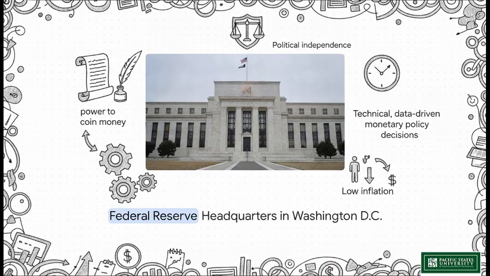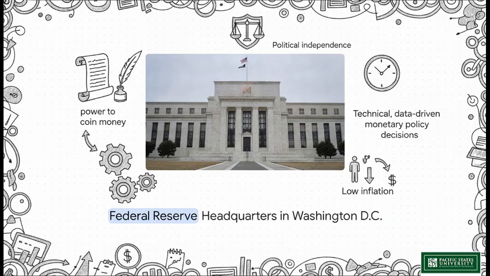Behind the heavy doors of the Marriner S. Eccles headquarters in Washington, D.C., which you can see right here on the slide, some of the world's absolute most influential economic decisions are made. To truly understand this immense power, we actually have to look all the way back to the foundation of the country. Article 1, Section 8 of the U.S. Constitution specifically gives Congress the power to coin money and to regulate the value thereof. For a long time, Congress handled this directly, but eventually the economy became far too complex. So in 1913, Congress officially delegated these immense constitutional powers to the newly created Federal Reserve, which we commonly just call the Fed.